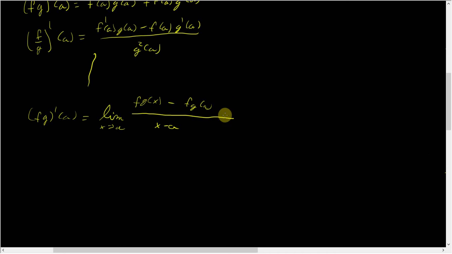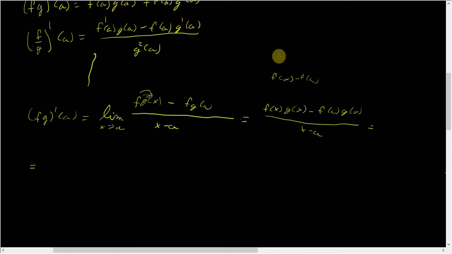So what we do here now is we can do this algebraic manipulation. f of x times g of x minus f of a times g of a, over x minus a. Now what we want to essentially do is get f of x minus f of a, so that we have our x plus delta x minus f of x. The way we can do this is by introducing an f of a here, and obviously here we have f of a and g of a. So we need an f of a and a g of x, so here we're going to have a g of x for the g of a, and so we'll be able to subtract the g of x minus the g of a. So what we're going to add, maybe you've already guessed it, is